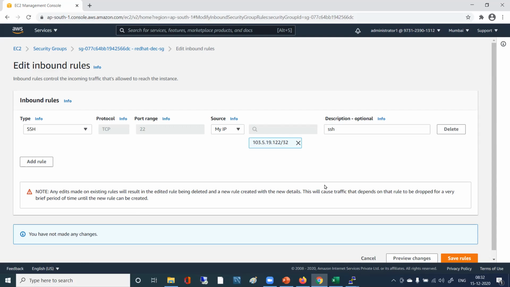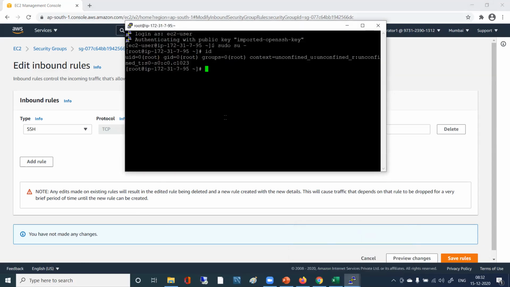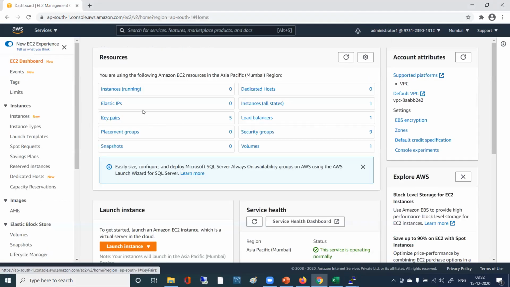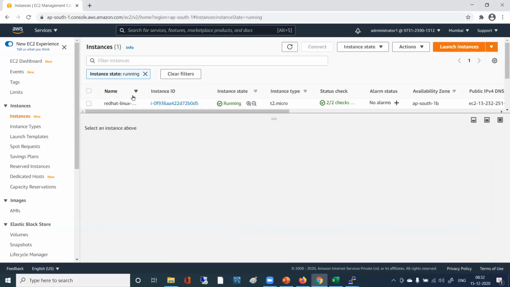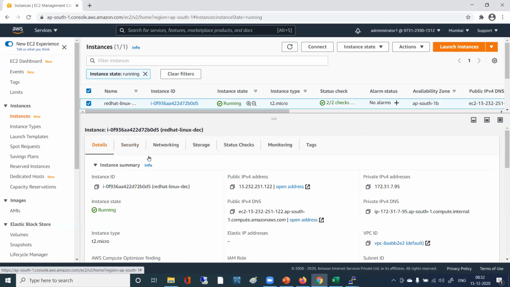Now you try to connect, right? So for connectivity, we have to take the EC2 IP address, right? Correct. So you go to EC2, you go to instances. Here you select. Here you have the public IPv4 address. Okay, let me try. And every time I need to choose that authentication file, right?